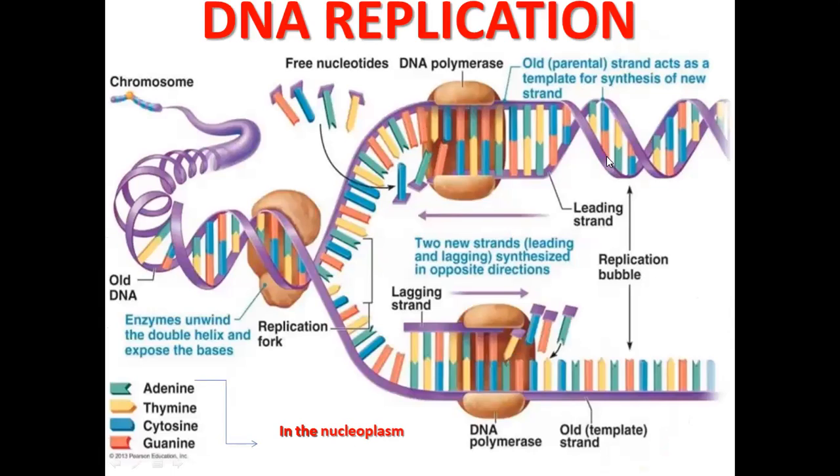So this parental strand is the 3' to 5' strand, on which the leading strand is synthesized. Primase is attached first, and then DNA polymerase continuously picks up the nucleotides and synthesizes the whole new strand. See, these are the nucleotides, and it will follow the anti-parallel rule and the base pairing rule. Remember that. So this is the leading strand, and free nucleotides. Where are the free nucleotides present? In the nucleoplasm.